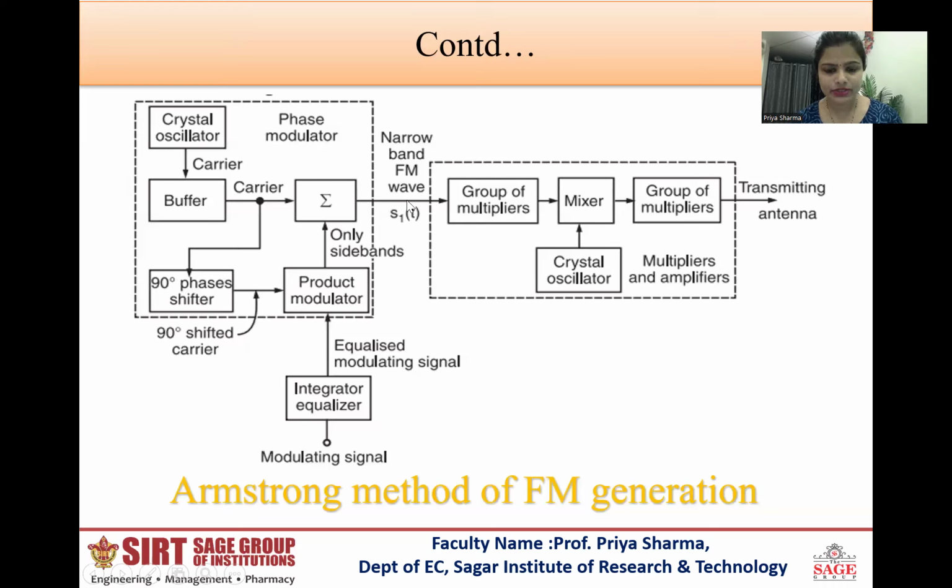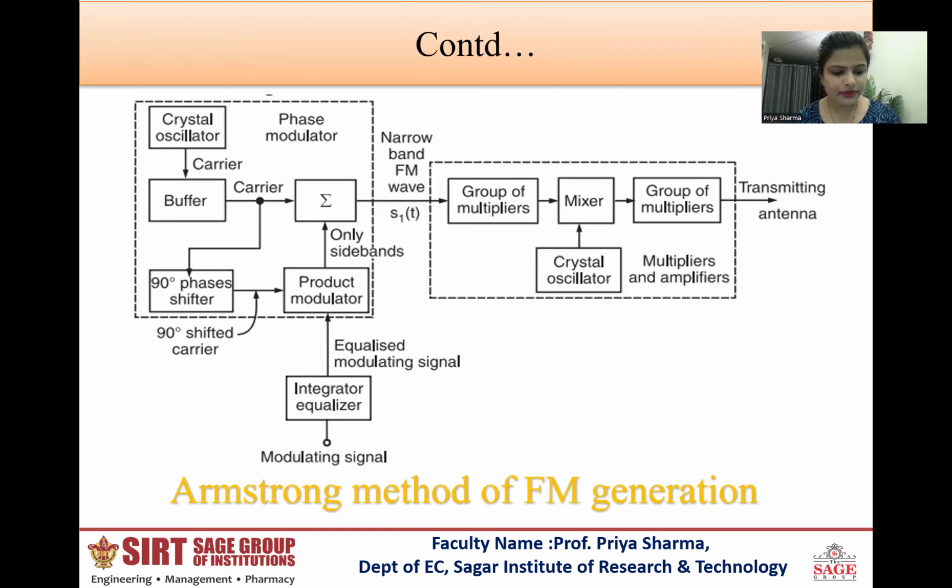Now, as the modulation index is increased, the amplitude of the sidebands will also increase. Hence, the amplitude of the resultant increases. This will increase the angle made by the resultant with the unmodulated carrier. The angle decreases with reduction in modulation index. Thus, the resultant at the output of the combining network is phase modulated.